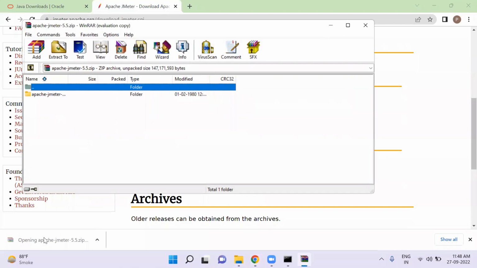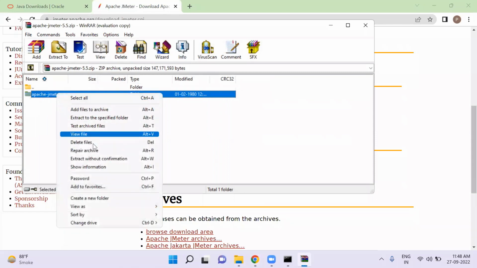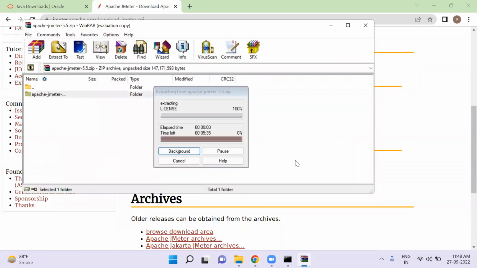JMeter is downloaded. Let's extract it. It will take some time.